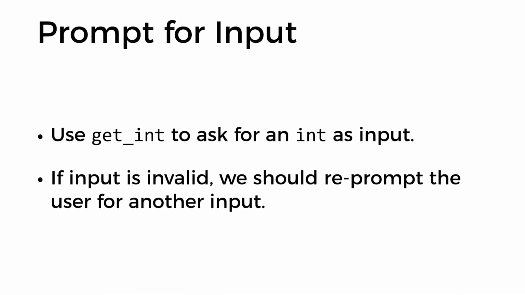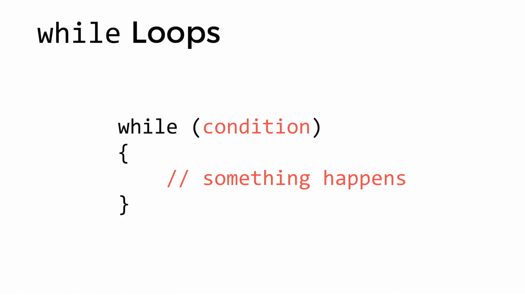And this idea of doing something potentially again and again and again, prompting the user one more time, might remind you of a loop. And so we could think about using a loop to solve this problem. For example, here is a while loop, an example of a loop that will continue to repeat a block of code so long as a particular condition is true. We check the condition. If it's true, then we run the code. And this will result in repeating this block of code 0 or more times, because if the condition is false, then we're not going to run the loop at all.